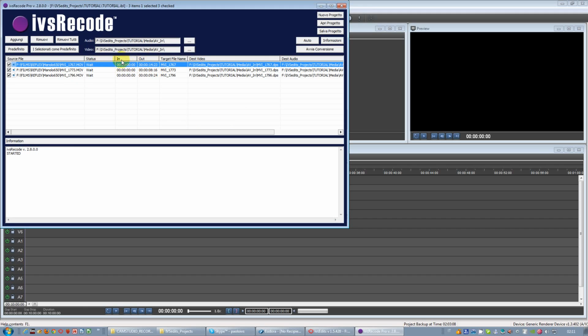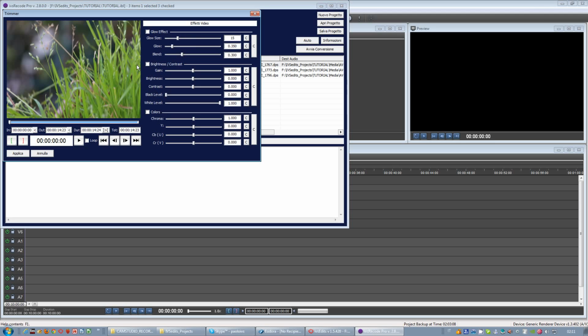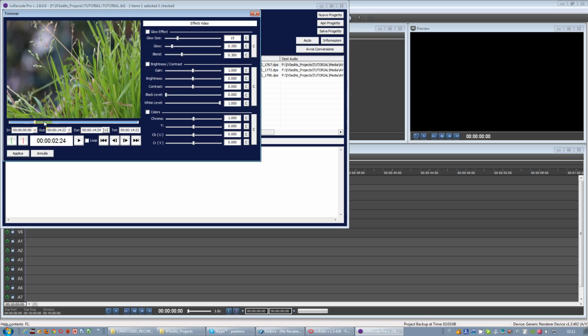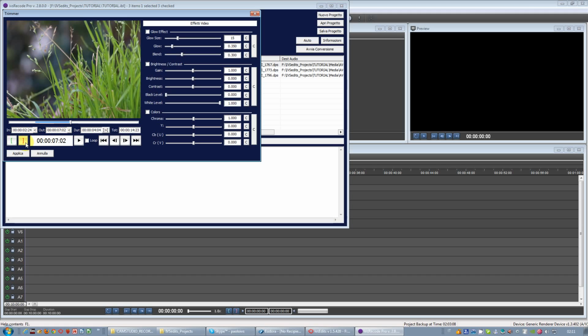Double-clicking on the I/O area will give us the opportunity to use the trimmer to convert just a range of the clip and not all the clip, because maybe if you have a source file of 1 hour and you need just 10 seconds, you can